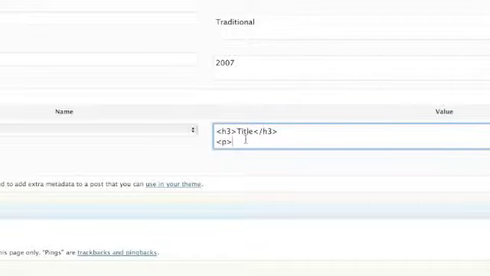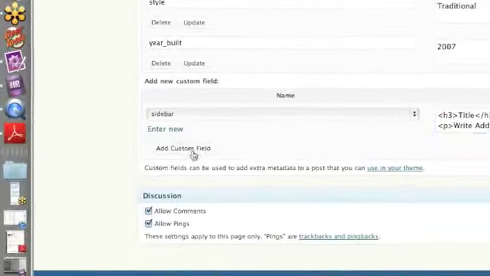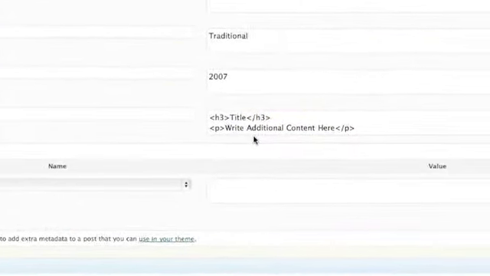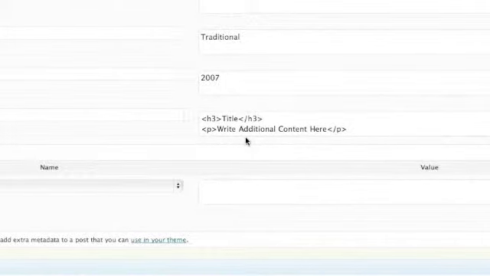And then you can create a paragraph that's symbolized by the P there. And you can just write additional content here. This feature, again, is totally optional. You don't have to use it if you don't mind having just whatever you currently have in your sidebar showing